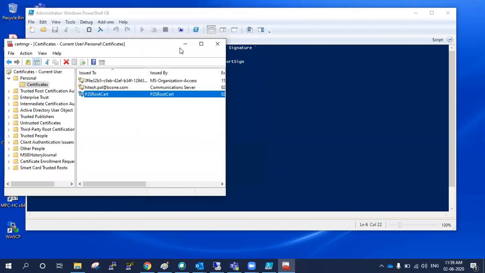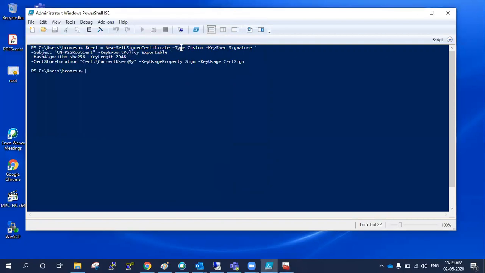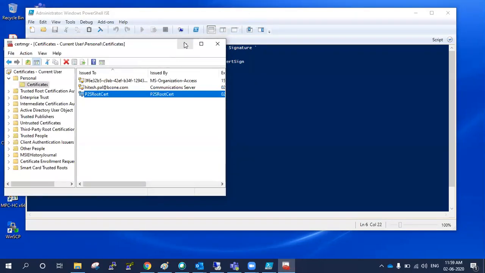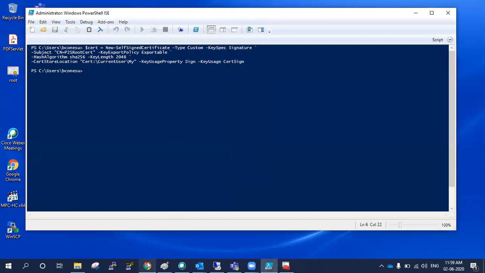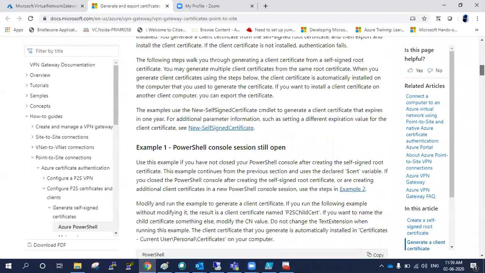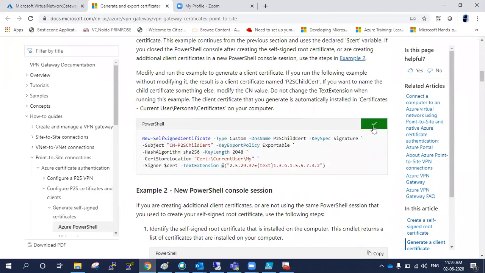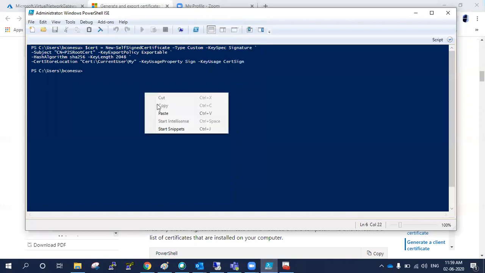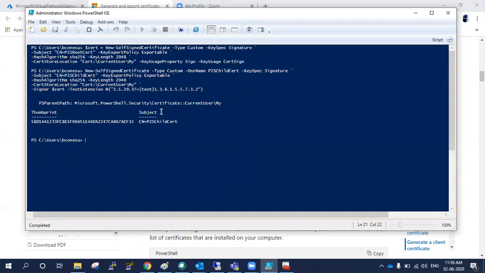Now I'm going to create another certificate. So this is my root certificate. Now I'm going to create another certificate, which will be a client certificate. So I'm copying this one and pasting it over here. Hit enter.